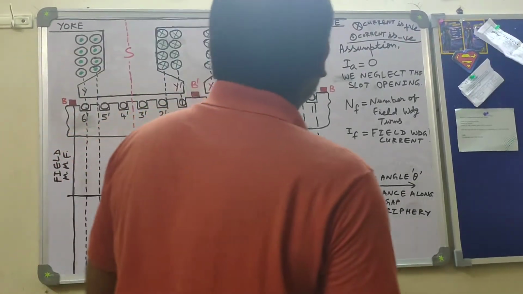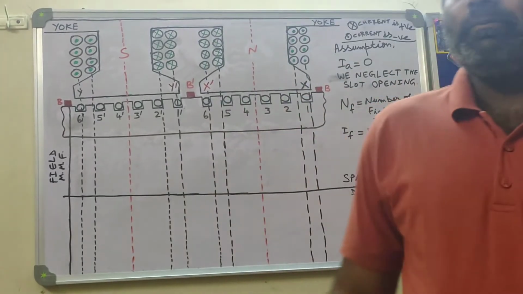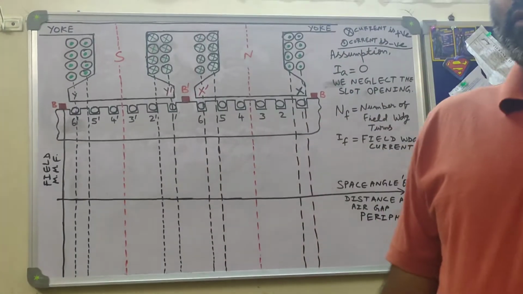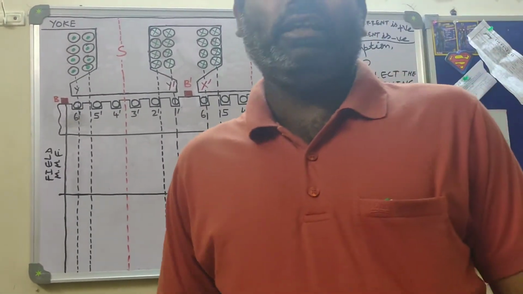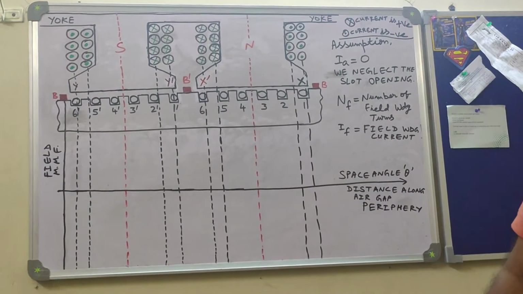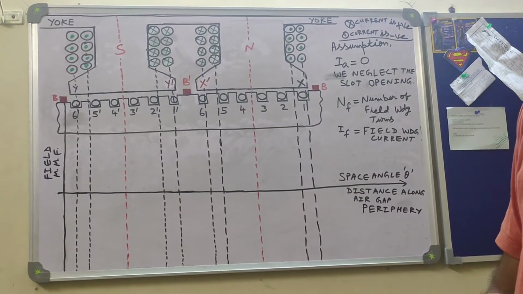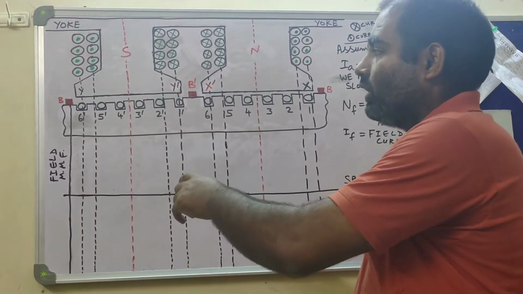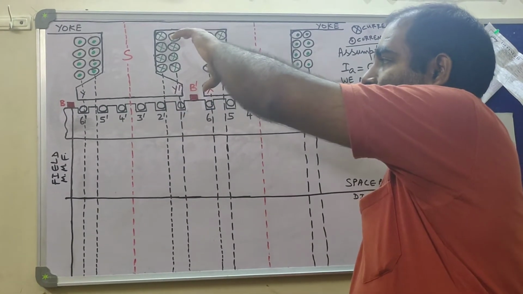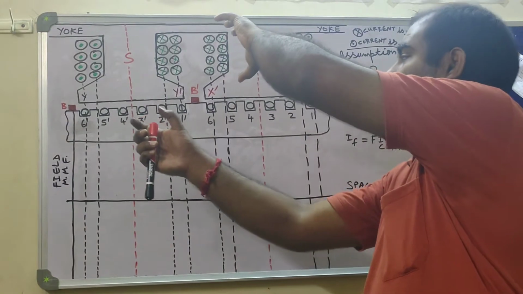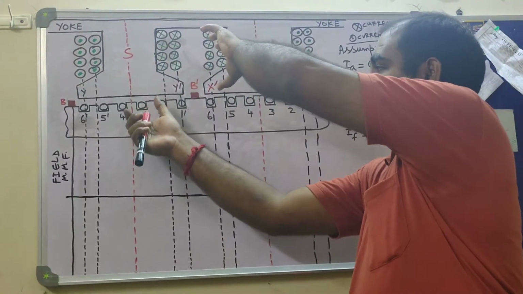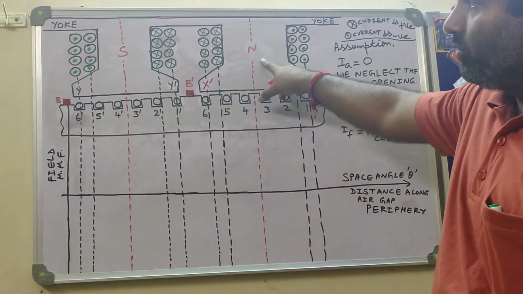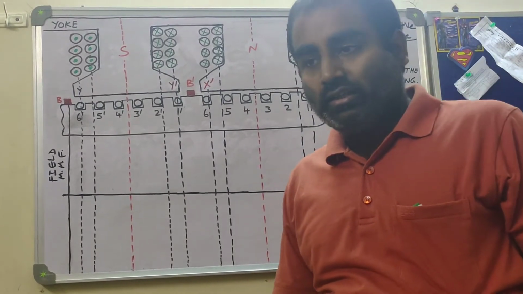What I was saying is that we have to take the developed view of the DC machine in order to find the nature of the space distribution of the field winding MMF of a DC machine. We had taken a 2-pole DC machine and taken the developed view. We imagined that the DC machine is cut at brush B, and brush B and pole tip Y were held by our left hand, and the right hand was holding pole tip X, stretching it and laying it flat like this. So this is the developed view for that DC machine.